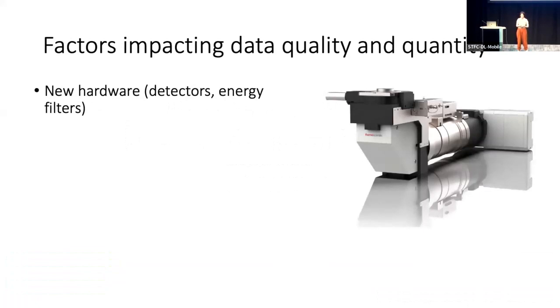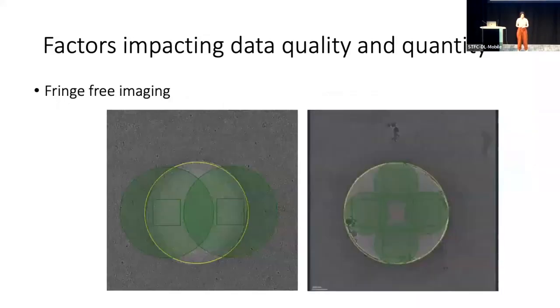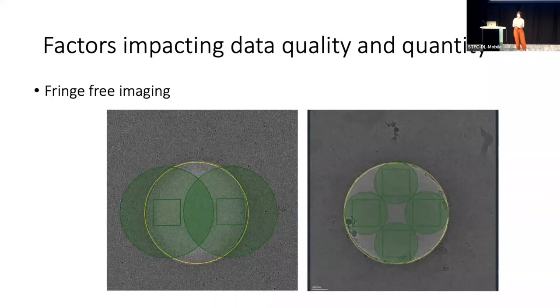I think we're all aware that new hardware is coming online in terms of new detectors, particularly the Falcon 4, Falcon 4i and Selectris. There's been the introduction of fringe-free imaging. So for those of you who maybe haven't had time on a microscope, this essentially allows you to use a smaller probe size, smaller illuminated area and squeeze in more shots per hole. More shots per hole, the fewer stage moves you have to do, so that essentially the more images you get,